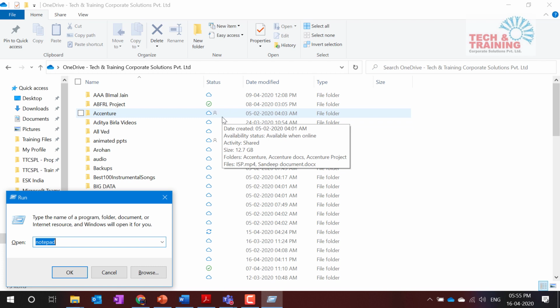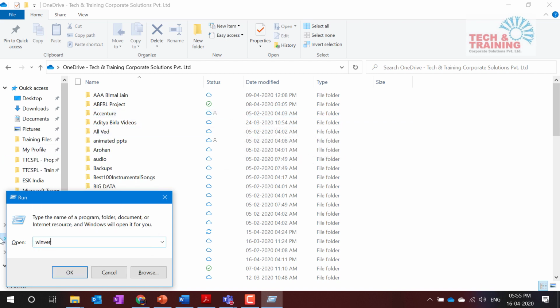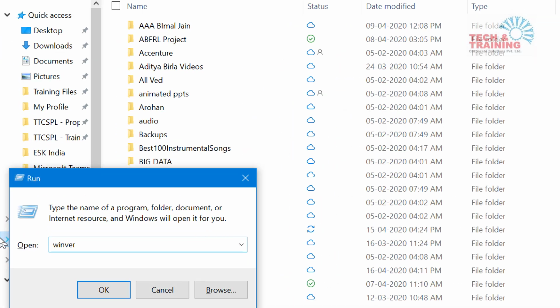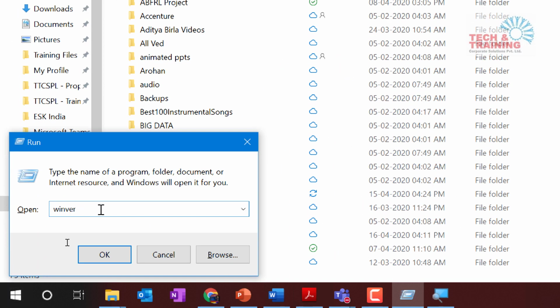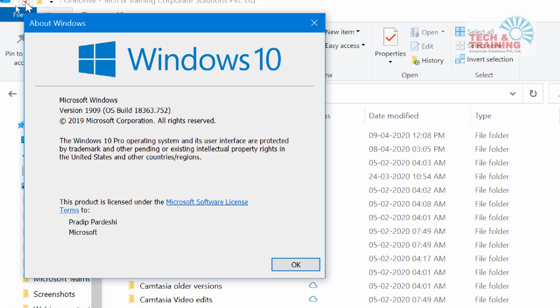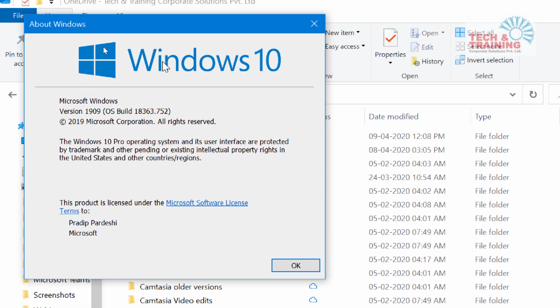And in run command, what you need to do is type WINVER. I repeat, type the keyword WINVER. When you type WinVer, that is Windows version, make sure that it is a single word. These are not two words. When you go to WinVer, you can go to OK, and you will see here I'm using Windows 10, and this is Windows 10 Pro, which is the Pro version of Windows, and here is the version. This 1909 tells you what is the actual version of your Windows.